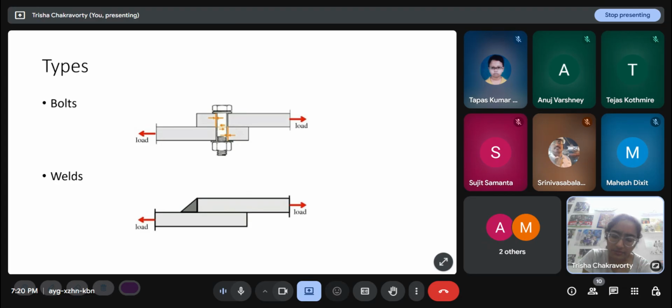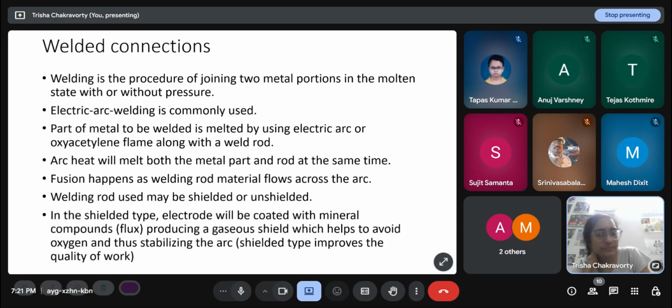There is another type of bolt, which is a bearing type, which transfers the load using shearing and bearing, which we have looked at in the last class. And weld is the other type of connection, very commonly used. Welding is basically where metal is molten, generally the parent material of the plate itself. That molten metal is placed along the junction where I want to connect, and then it's allowed to solidify, so it creates a binding effect.